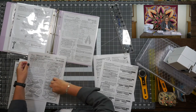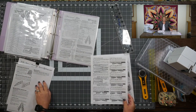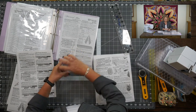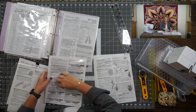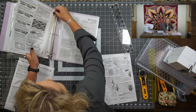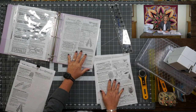This is so helpful in class when you're paging through things. Also in classes, we often have many students and many patterns floating around, and it's very easy to get them shuffled and misplaced. So setting that binder up that way is going to really make your life a lot easier. And then we can put those in order on how we're going to use those throughout class. And I'll go into that a little bit more. I'm going to finish setting this up, and then we're going to talk more about the introduction booklet and some